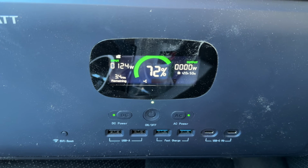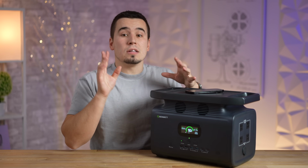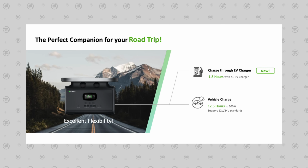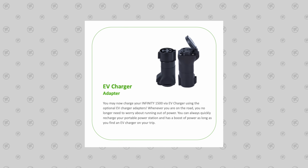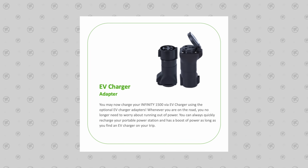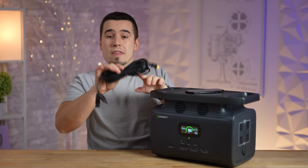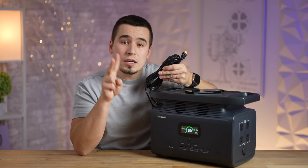charging while you drive. For the second method, you can literally use an EV charger to charge this up in 1.8 hours with the optional EV charging adapter. And finally, this thing of course supports solar charging, so use this adapter to plug in 1, 2, 3, or